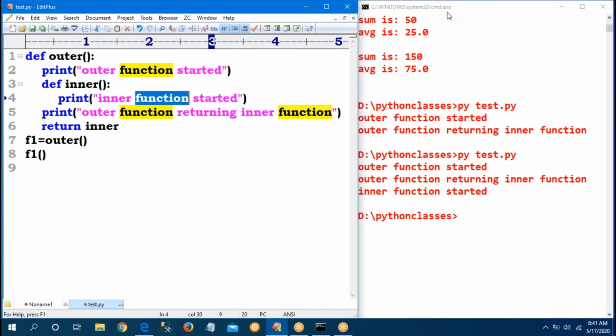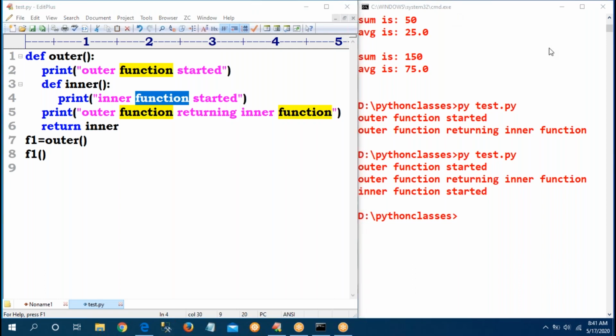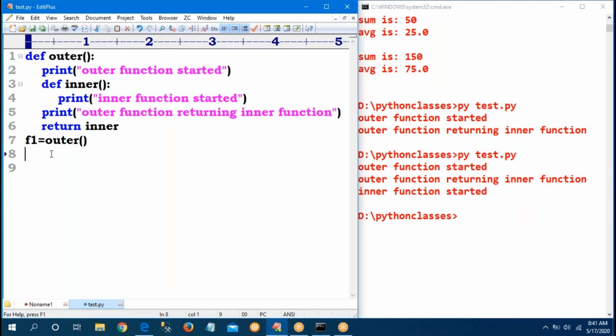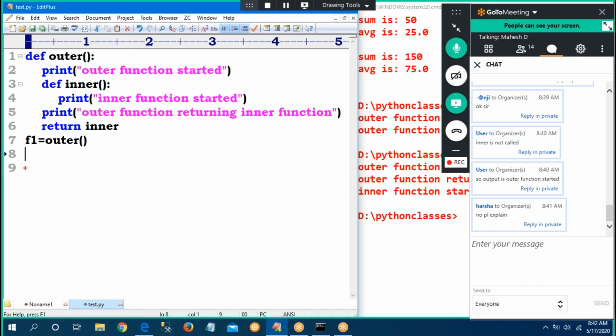Sir, observe clearly. First of all, I am calling the outer function. Whenever I am calling the outer function, the cursor goes here. Yes, this statement is executed. Inner won't be executed. Line number 5 is executed. The return inner, sir, the inner function will be stored where? Assigning to F1.